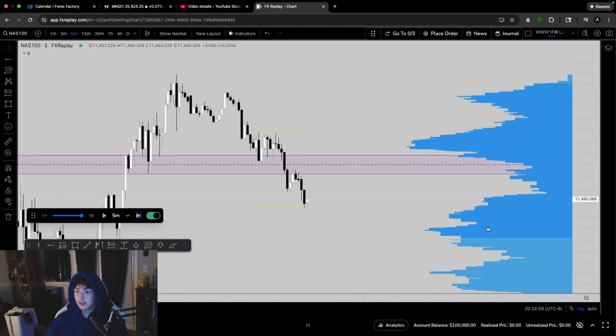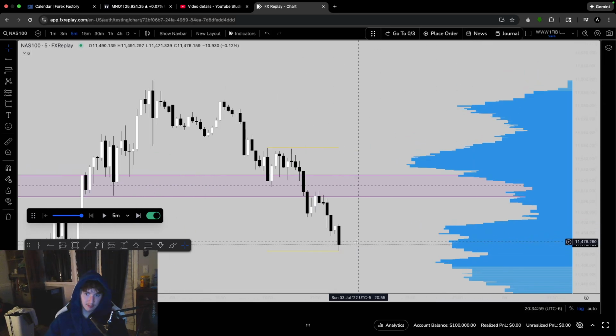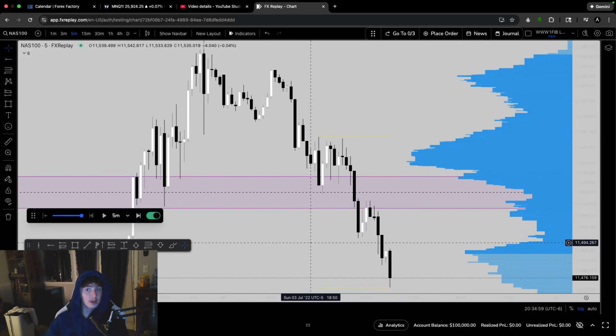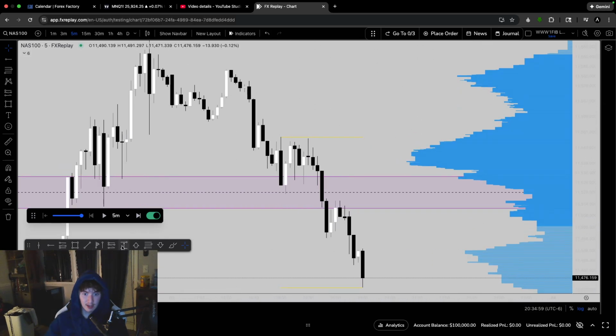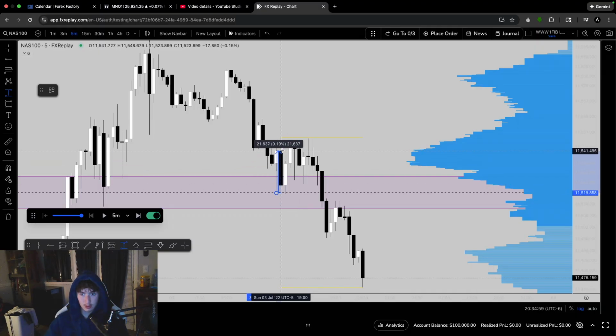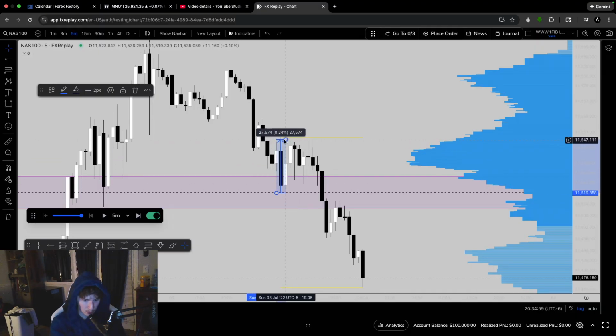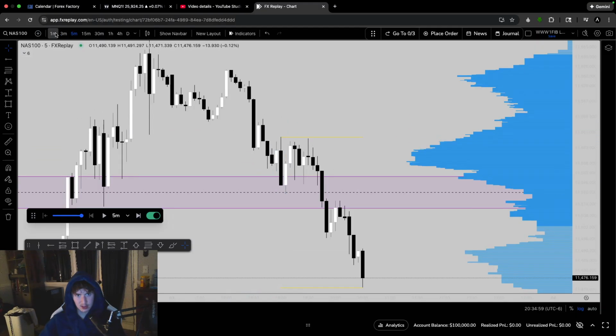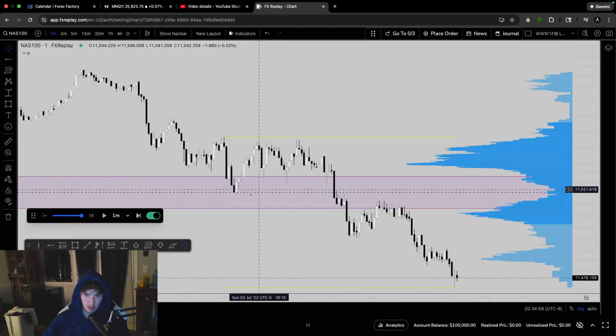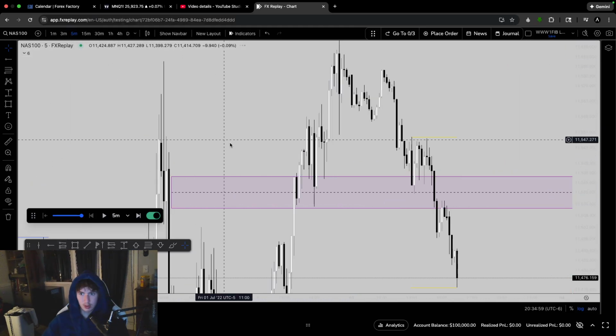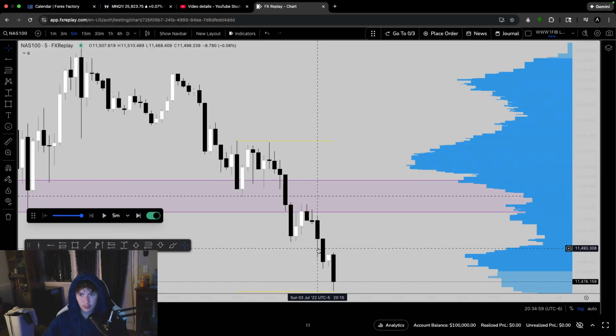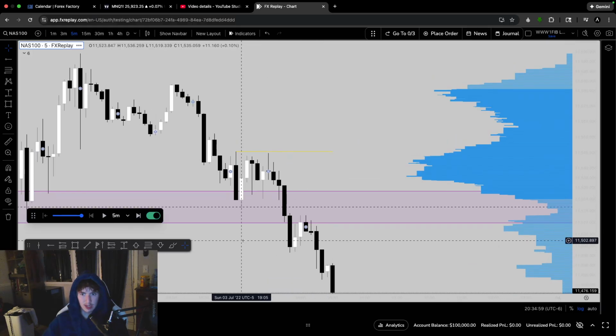Oh my goodness. Yet again, it works yet again. How many points is that? 20-point retracement. Boom. Hold on. Now, this is kind of a weird trade, to be honest with you, because